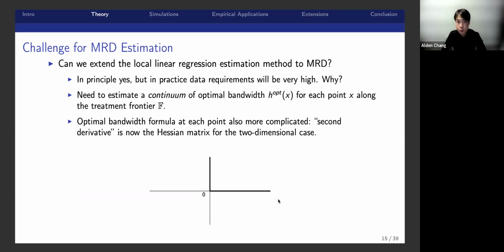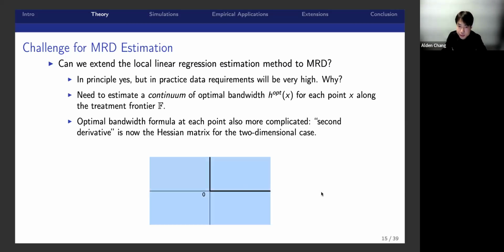Now, moving on to MRD estimation, an idea is to simply extend local linear regressions to multiple dimensions. So can we do this? Should we do this? In principle, we can do this, and econometrically, it'll have some theoretically optimal properties. But in practice, the data requirements will be very, very high. And to explain why,